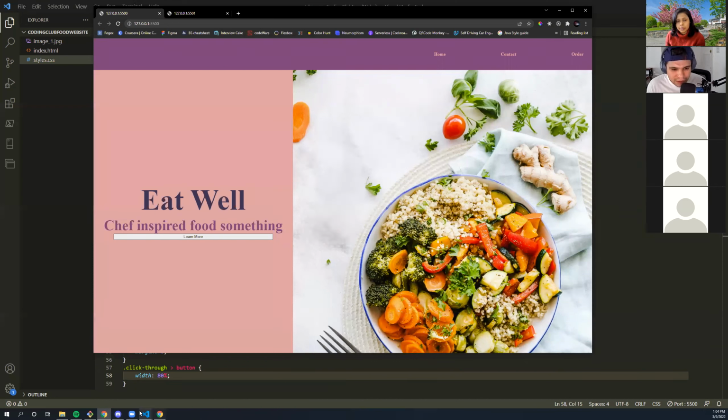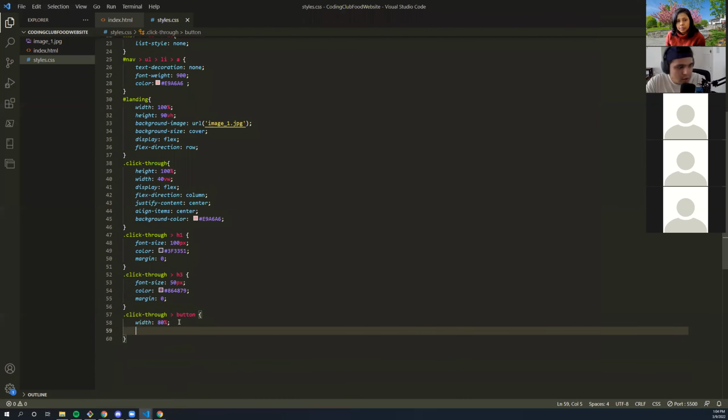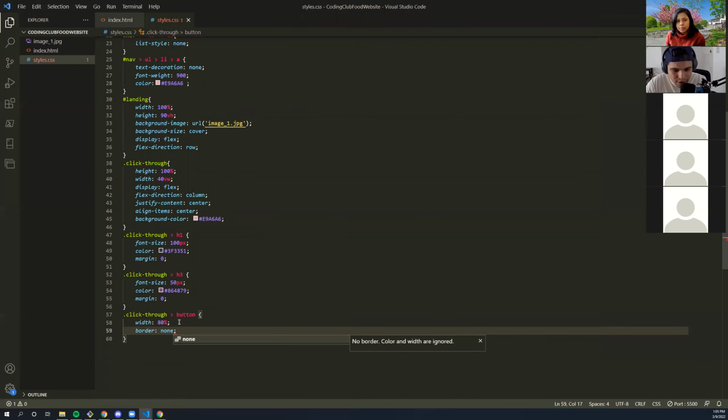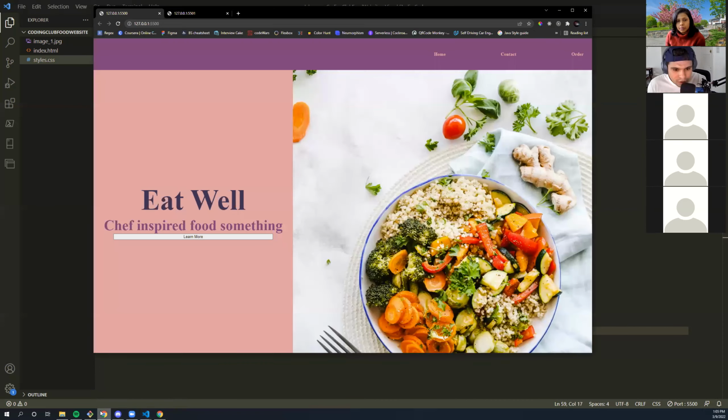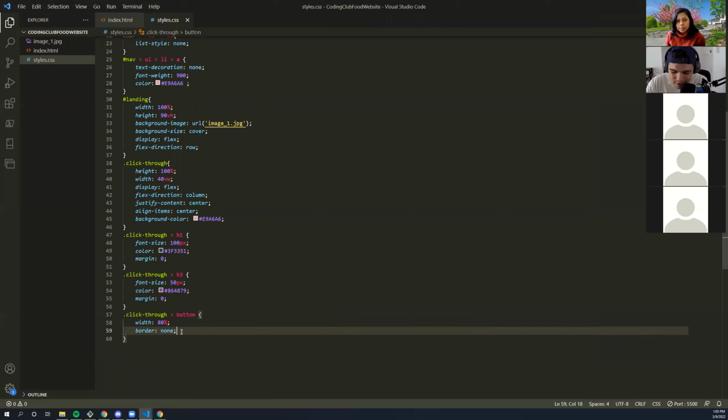I like that a little bit better. I'm also going to say border none because I don't like the border that's on that button currently. All right, so it gives us a little bit more of a cleaner look and less of like the 1990s website look.